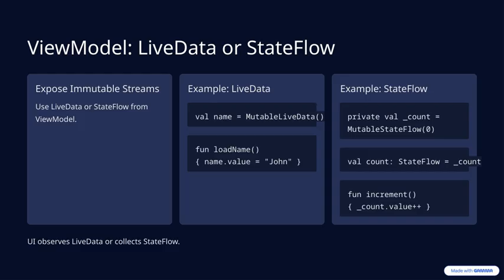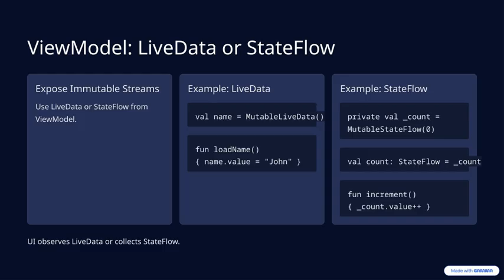Similarly, with StateFlow, we use a private MutableStateFlow internally, like count, and expose it as a public StateFlow. We can then have a function increment that updates the count. This pattern ensures that only the ViewModel can change the data, while the UI observes or collects the stream. The UI, whether it's a fragment or activity, then observes the LiveData or collects the StateFlow. This setup keeps our UI reactive and in sync with the data, which is a core part of modern Android app architecture. It all ties back to our overarching goal of creating a clean, unidirectional data flow that's easy to